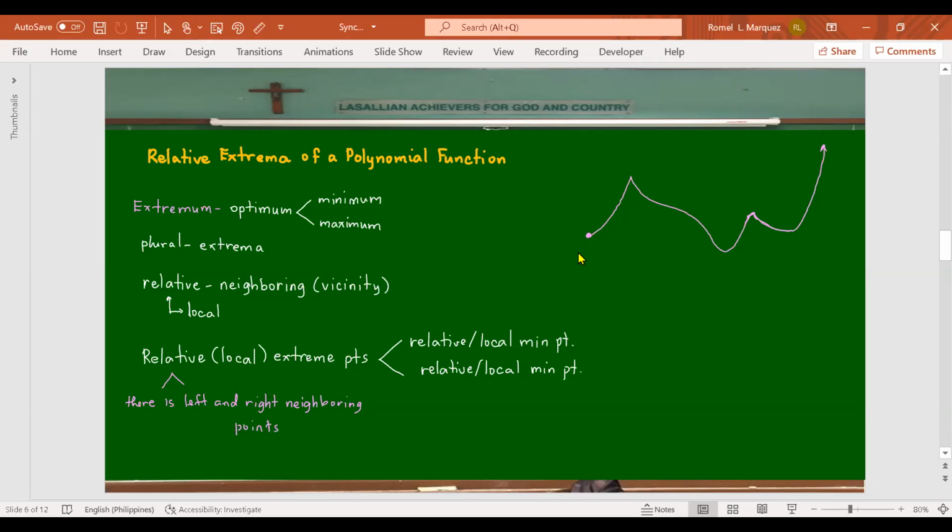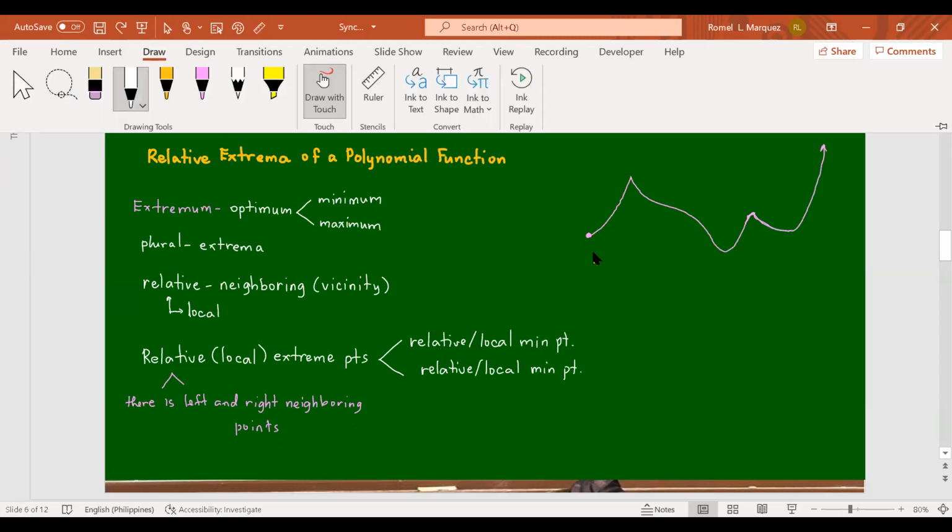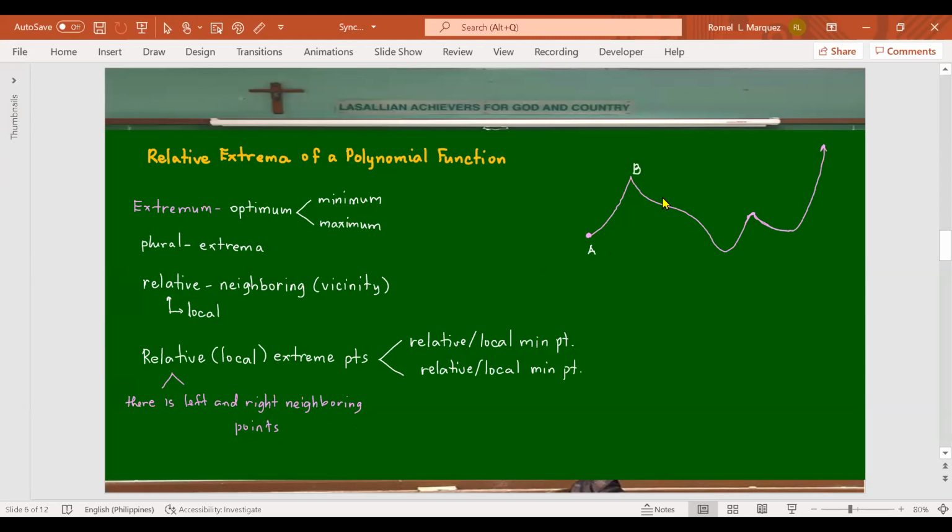For instance, I have point A here, point B, point C, point D, E, F, G, H,